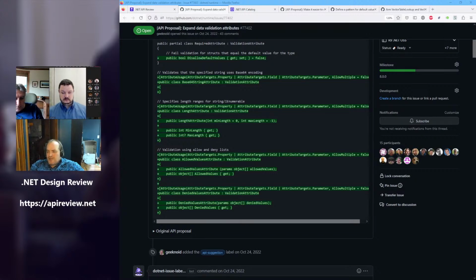Isn't that a no-no in source generator land? What is? Well, because that means you're depending on the runtime behavior of the framework version that the compiler is running, and not the runtime behavior of the framework they're building for or would run on. No, the source generator is generating code that creates an instance of the attribute, and then calls the validate method, or whatever it's called, on the attribute object. Right. So that means it's all consistent.